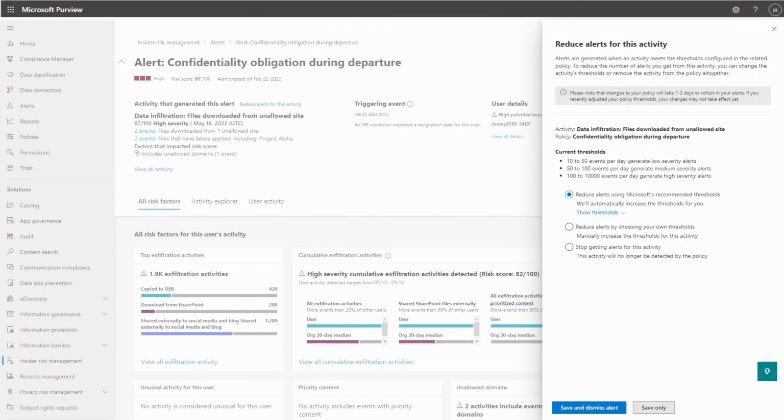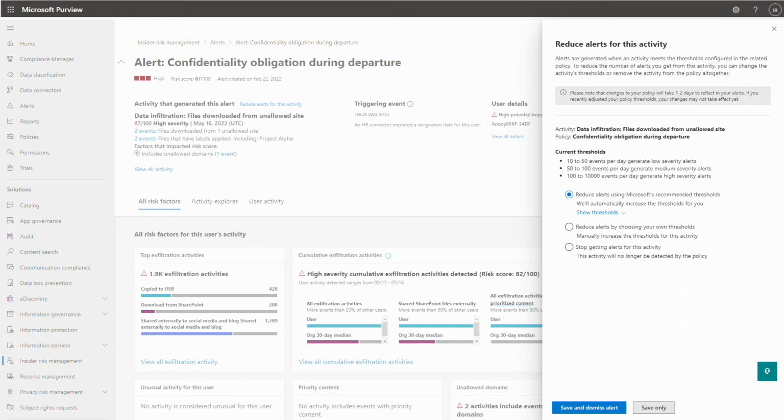First, let's start with inline policy customization. This allows analysts and investigators to fine-tune policies during the alert review experience. We want it to be easy for you to understand what is being surfaced in the alert. What was the offending activity? What was the activity that raised the risk score to a level where an alert fired?